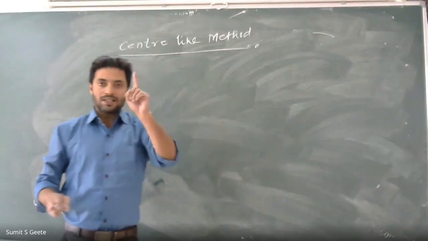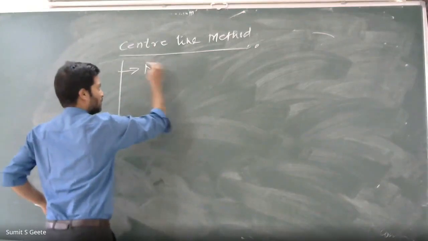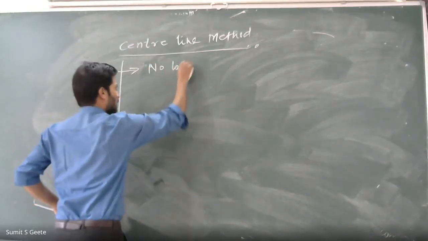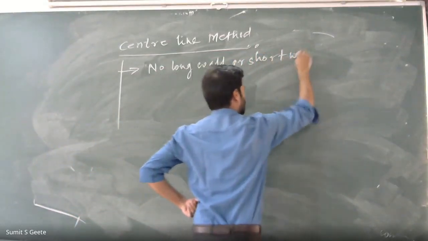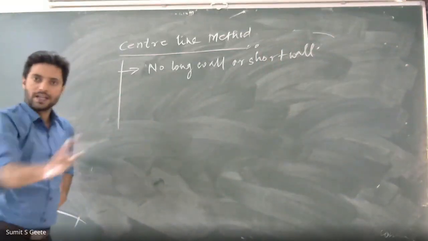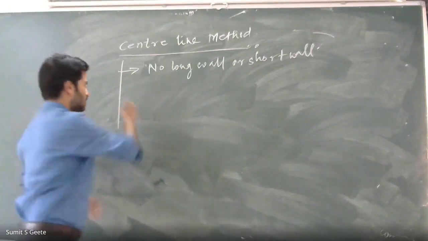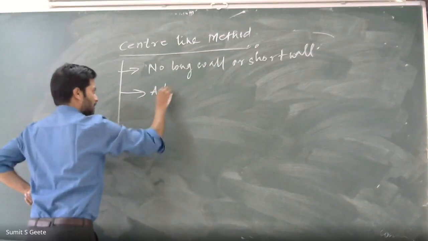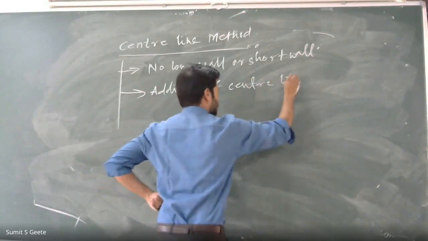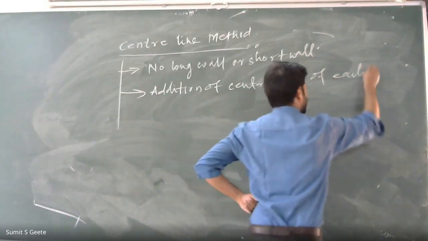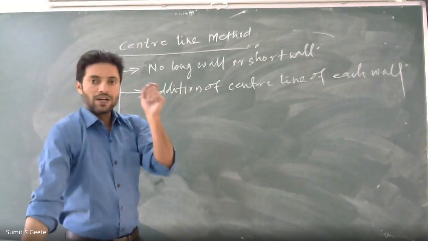Now, first step in case of center line method, there is no short wall, there is no long wall. There is no any kind of long wall, there is no any kind of short wall. Simple, we are going to do the addition of center line of each wall. So do the addition of center line of each wall. Now, when we are saying we are going to add